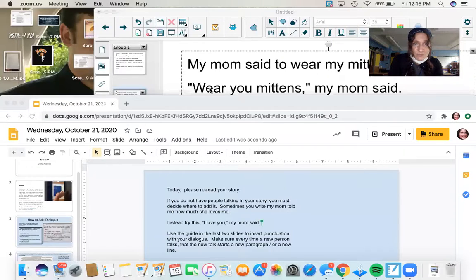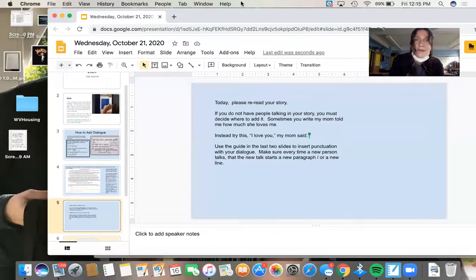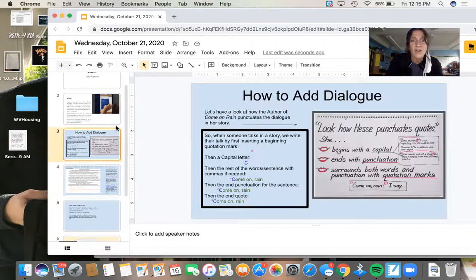So the couple of things that I would like for you to know about when you put dialogue in, and you're going to be learning about this until the cows come home. All right, so what I say today is not the say all and end all to dialogue. There's many, many rules and many, many things to learn, but you learn a little bit here and there as you go along. Okay, so when you're adding dialogue to a story,